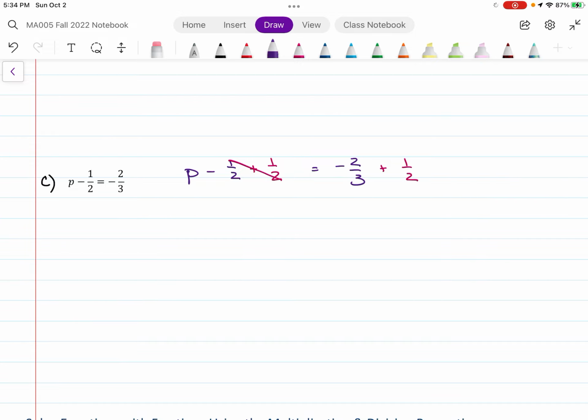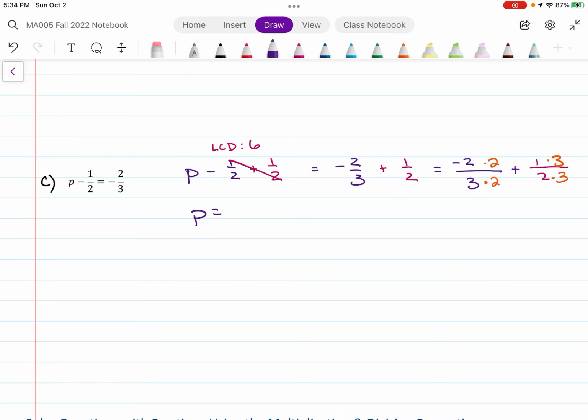I'm going to rewrite this one and say negative 2/3 plus 1/2. All right, what is the least common denominator here? Of 2 and 3, so the 2 and the 3 is going to be 6. So I need to get 6 on the bottom of both fractions. All right, so 6, I'm going to have to say times 2, and this one I'm going to have to say times 3. And I'm going to have p equals,